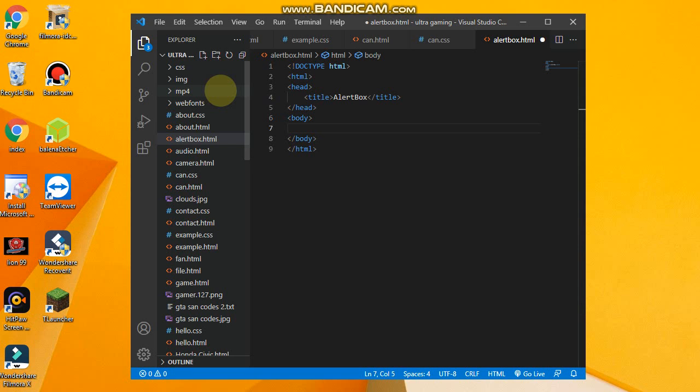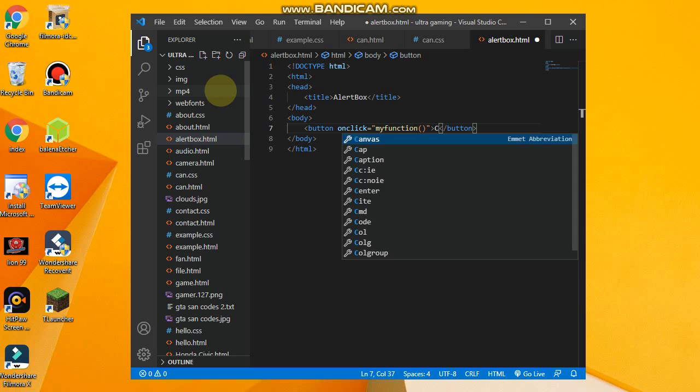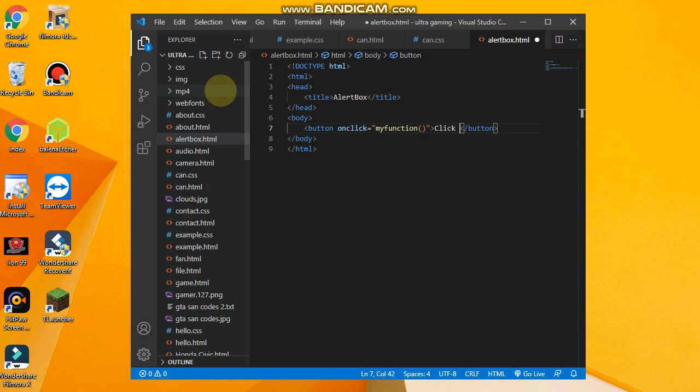In the body tag I will write there button onclick is equal to myFunction, and then do like this, and over I will write here click here. Now close the button tag, and after that I will use JavaScript tag,